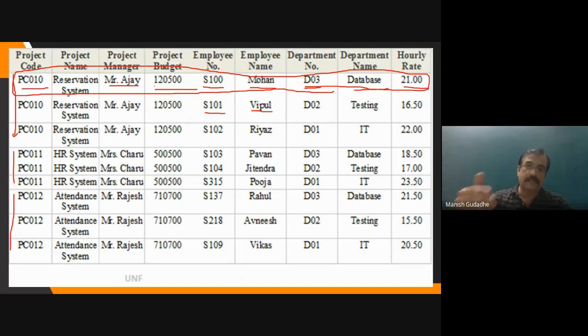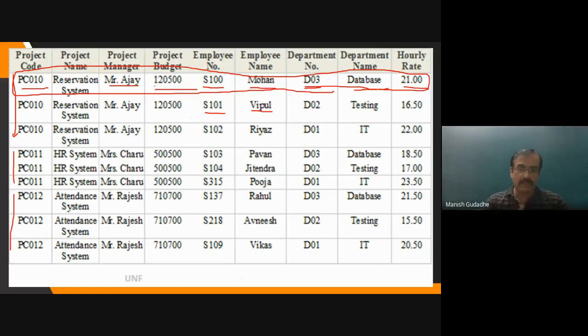When I need to access the details of an employee, I'll go to the employee table. When I need to access the details of a project, I'll go to the project table. So this way, I can manage or avoid those anomalies. This is the need of normalization. Normalizing this database is important so that it will be easily readable, accessible, and won't be redundant. This is how we are working on the normalization process.